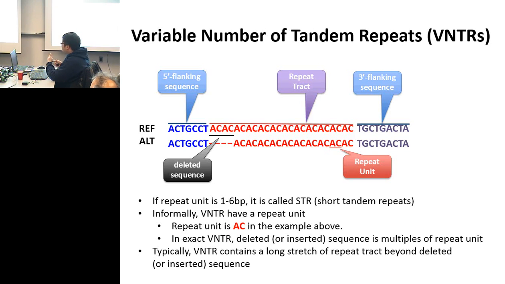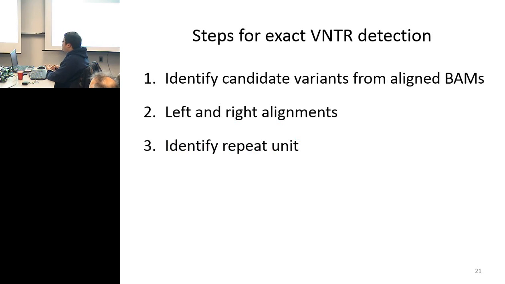Okay, and this will actually be a bit noisier and messier when the repeat track has some noise in it, and we have ways to go around it. But we'll first talk about the easy one where it's exact. So to detect exact VNTR, we just need to get the candidate variants from aligned bands in the VCF file,